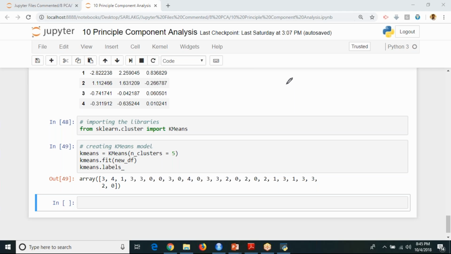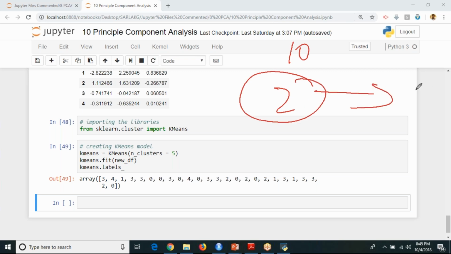See, some startup companies might ask you, hey, I'm going to give you a data set, just do this. Either you can do it in R or Python, it depends. But out of 10 companies, hardly 2 companies might ask you to do the coding. Not more than 2 companies. And for the remaining companies, everything will depend on your CV.